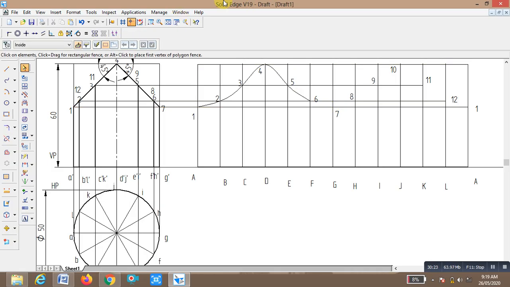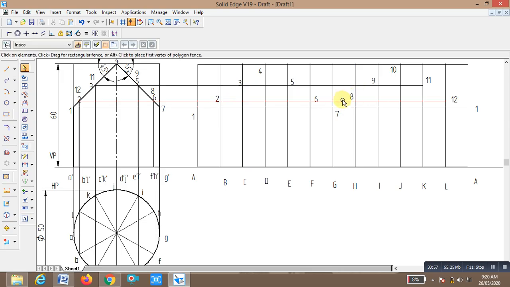Okay, curve. This is 1, 2, 3, 4, 5, 6, 7, 8. Split at 9 also, it is not split here, so you have to split at this point.